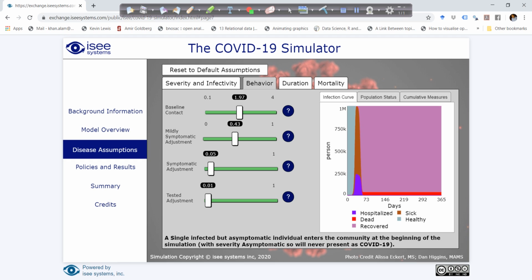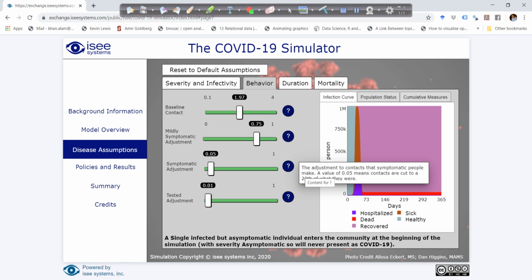Let's say she manages to isolate herself quite well, although in a dense situation it might be hard to isolate yourself. So we can see this. At the same time, we can look into the adjustment of contacts of people, where 0.05 means contacts are cut to a 20th of what they have. So in this case, symptomatic